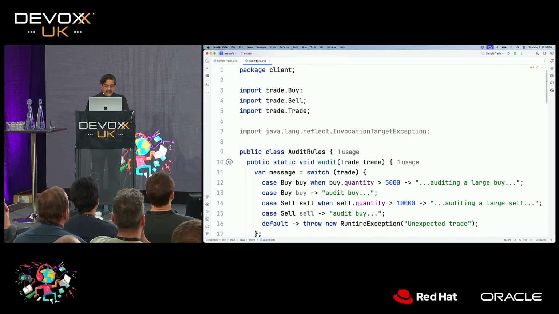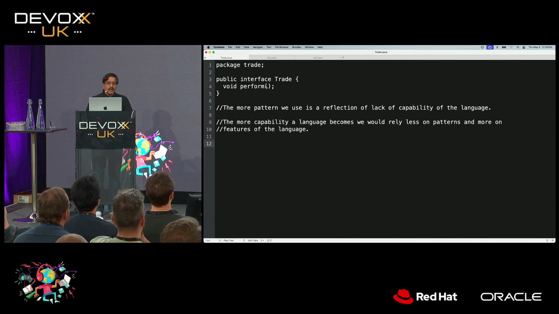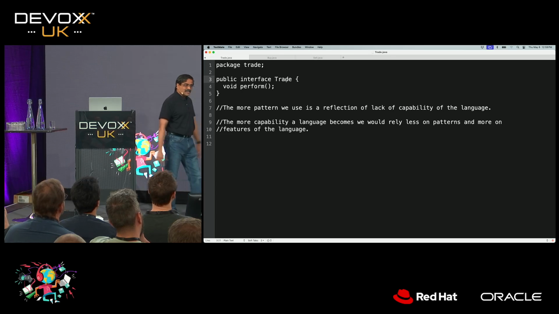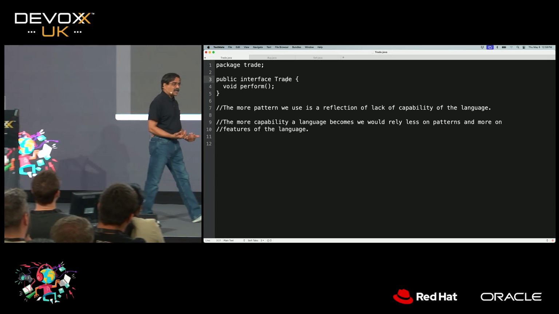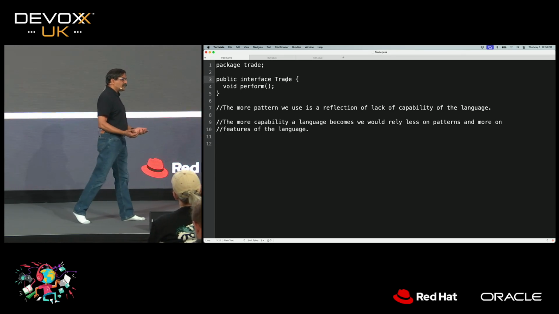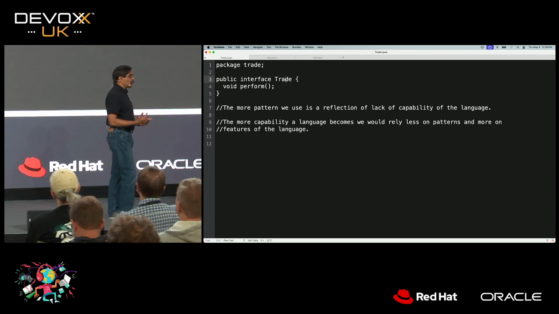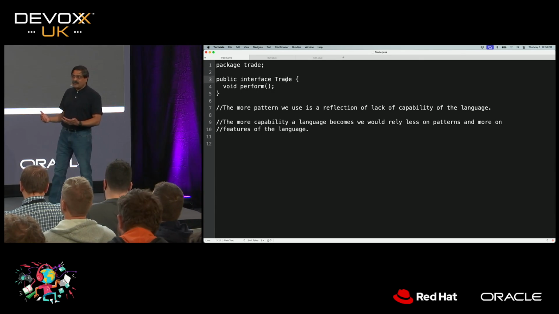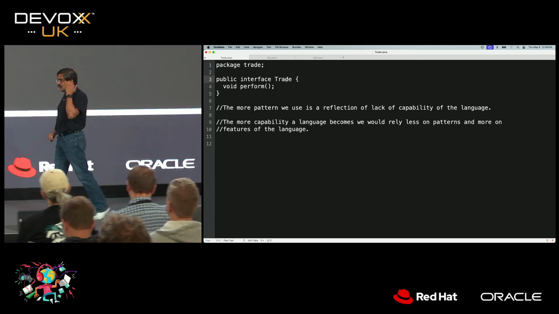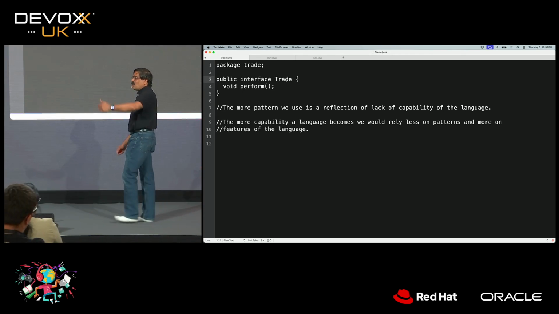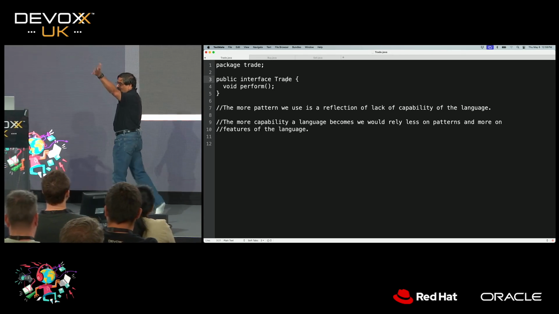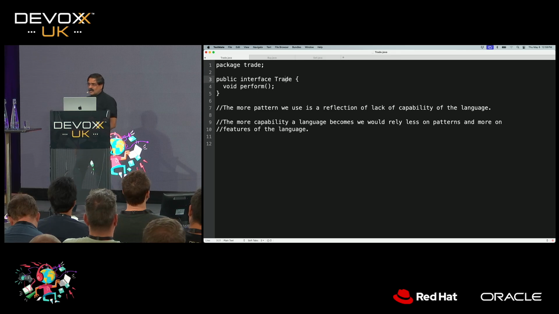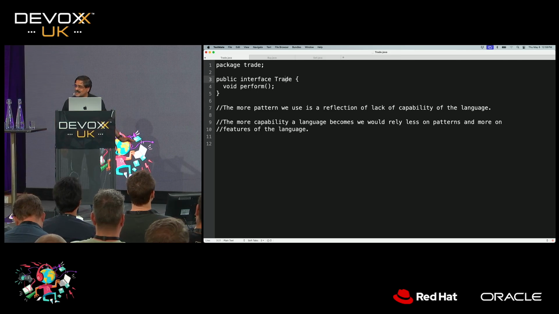So I'm going to go back to this code, and now we can have a conversation with the third party. This is not something you and I can change in the code, but with the evolution of Java, it would be really hard for people not to use some of the features, and you can have a conversation. You can submit a request to the library authors and say, hey, if you make some changes, your library will be a lot better, won't it?